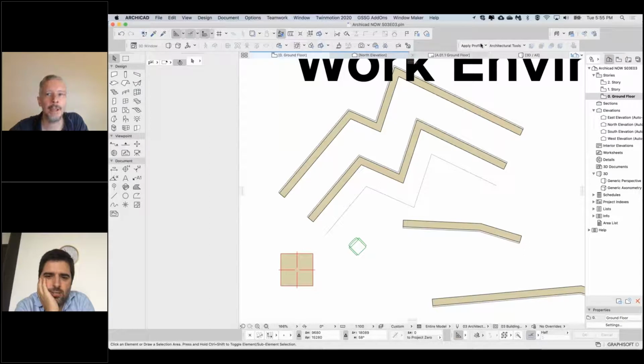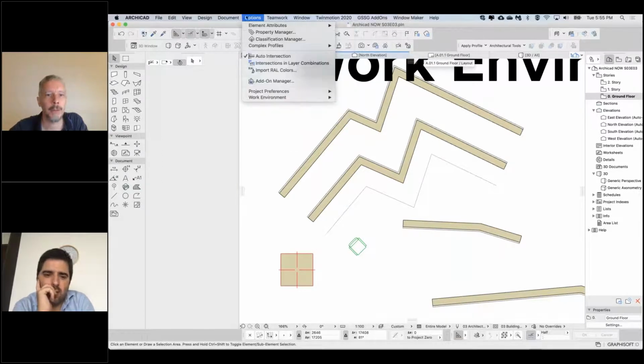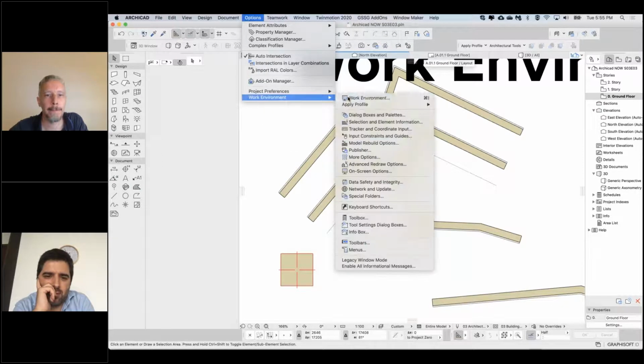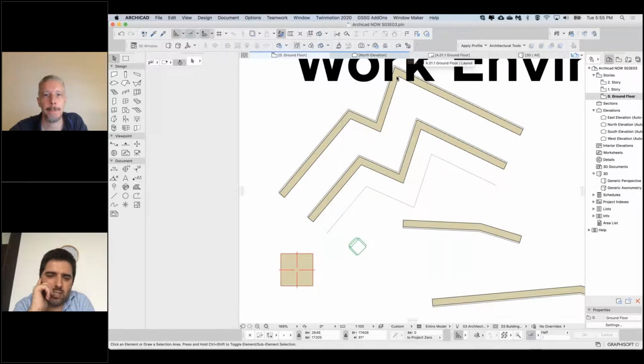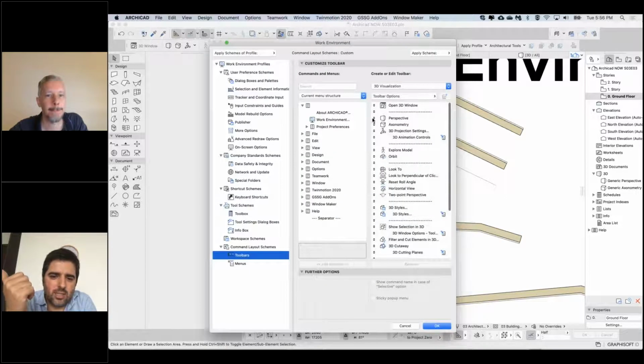So because we added apply profile, this is actually all of my work environment profiles, which I can now switch to. So what I'm going to do is save this one, and then I'll switch between them. Yeah, and there are multiple things we can save in the work environment profile. For example, shortcuts, or